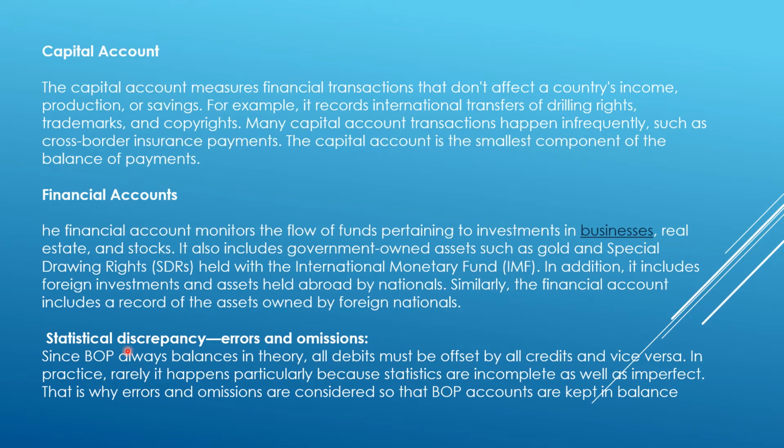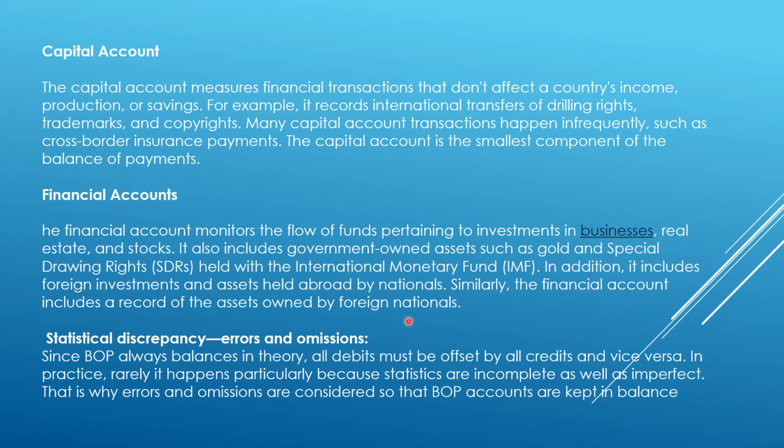The next one is statistical discrepancy, that is, errors and omissions. Errors and omissions is an important item on the BOP statement and is taken into account for arriving at the overall balance. So what do we mean by statistical discrepancy? Here it refers to the estimate of foreign exchange flow on account of either variation in the collection of related figures, or unrecorded illegal transactions in foreign exchange.